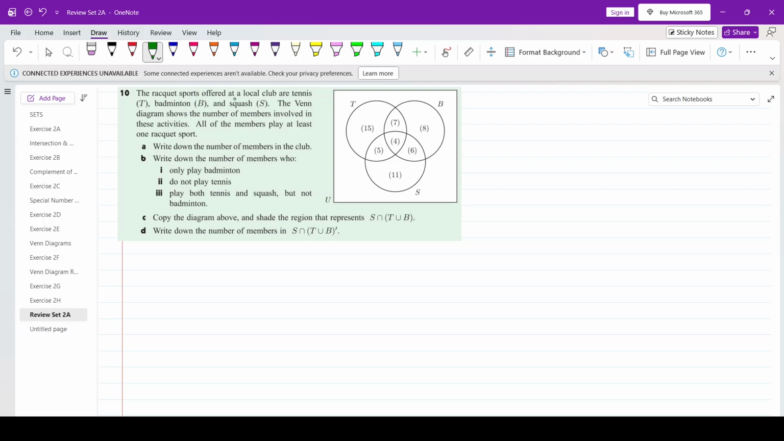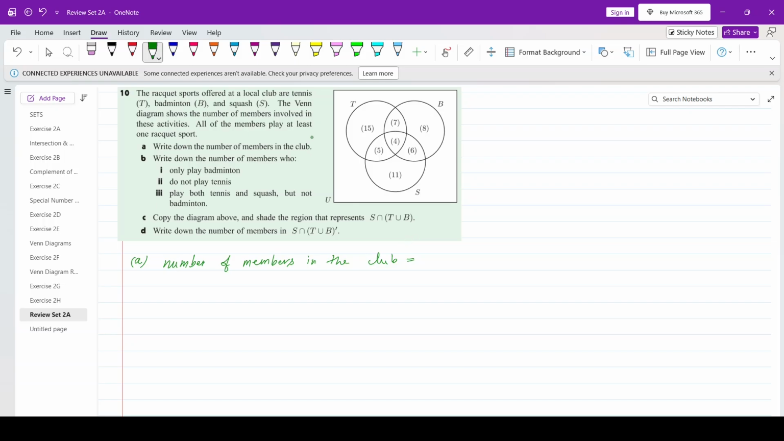The racket sports offered at a local club are tennis, badminton and squash. The Venn diagram shows the number of members involved in these activities. All the members played at least one racket sport. Part A says write down the number of members in the club. So the number of members in the club is going to be